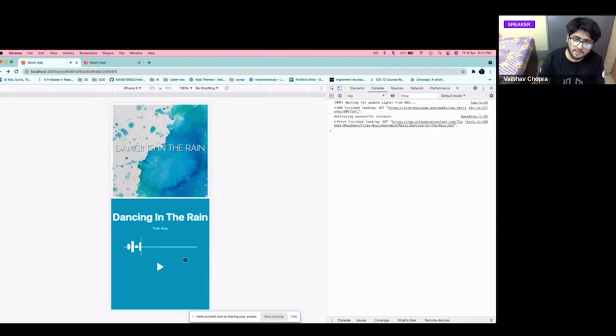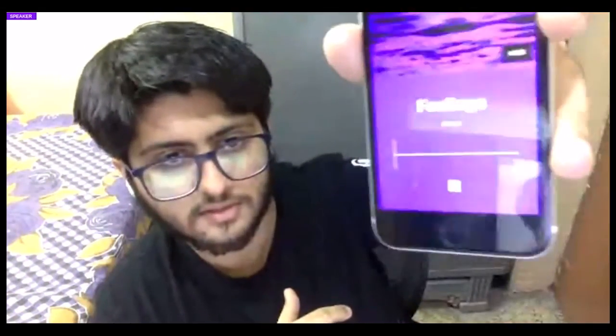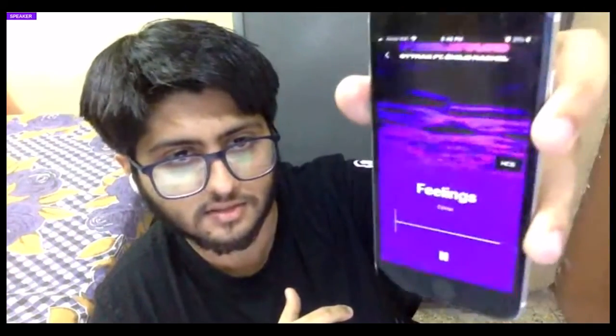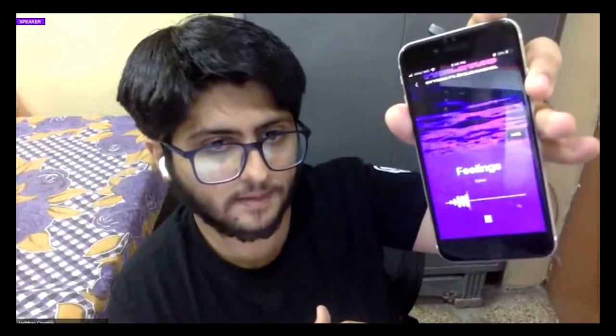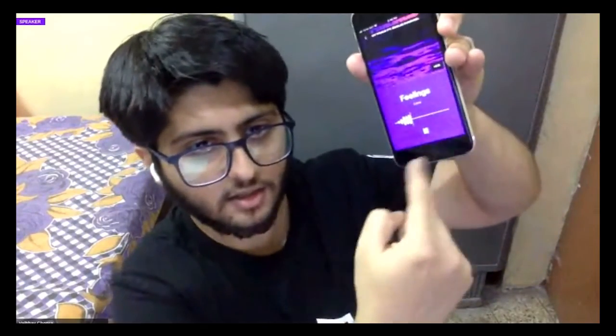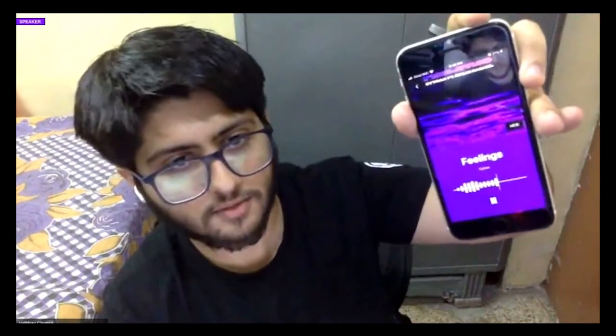And this app is finished right now. I have deployed it on music-app-ist.web.app. Let's say I want to play Feelings, because I feel the UI for this would be really nice. This song is loaded. So this is properly playing, and you get a neat sort of waveform. If you want to move it forward and backwards, you can do that.